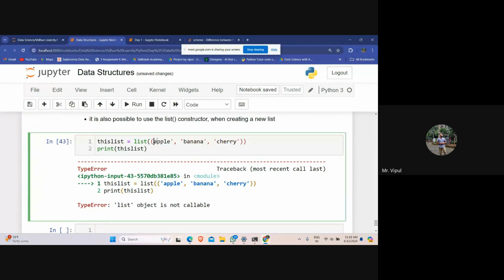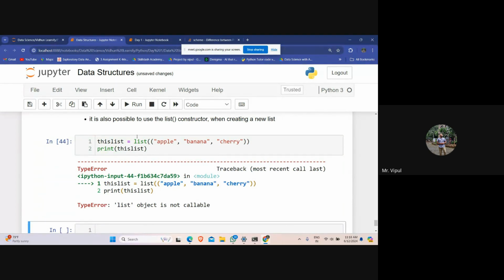Why is it not working? So we generally use the list constructor.